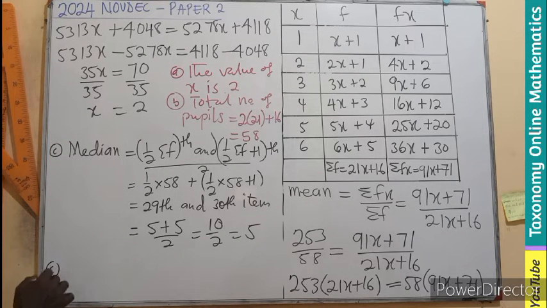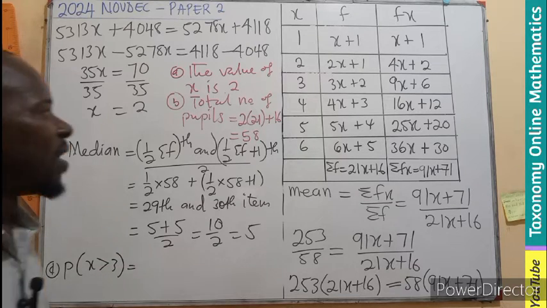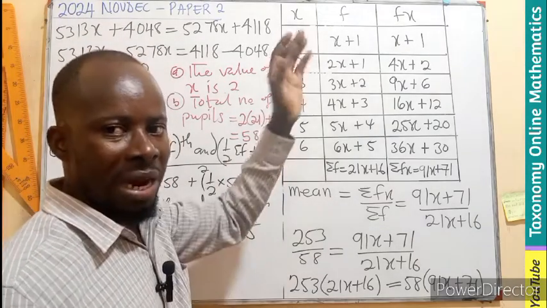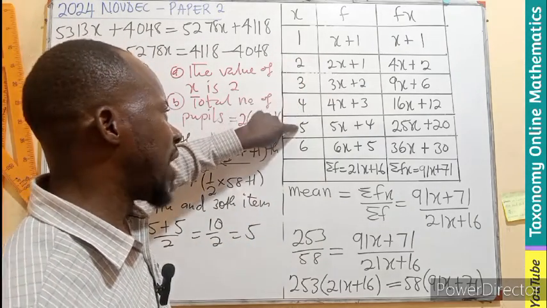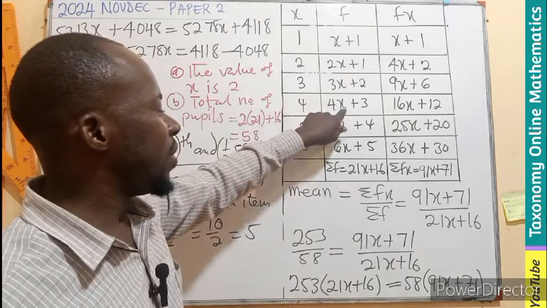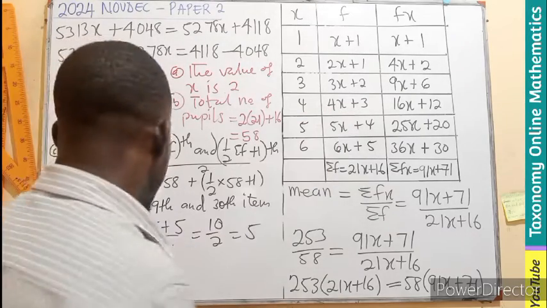So let's see number D, right? Probability of, they said, x being more than what? 3. Let's manage the space and see. The values of x more than 3, not more than or equal to, more than 3. 4 is more than 3, 5 is more than 3, and this is more than 3. Remember, the frequency here is going to be 11. So we are going to have